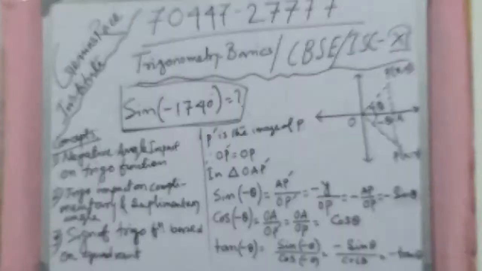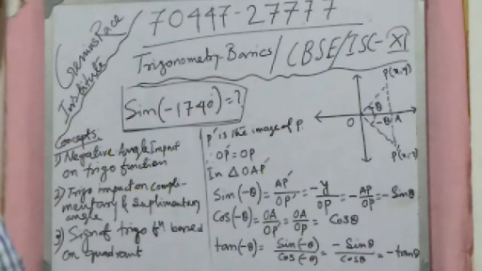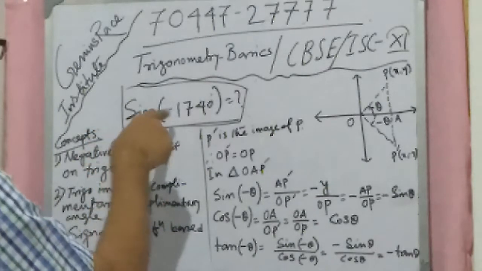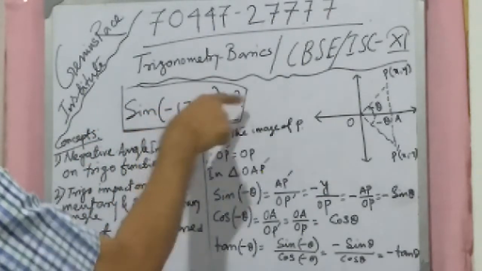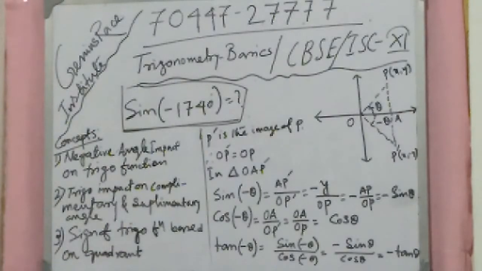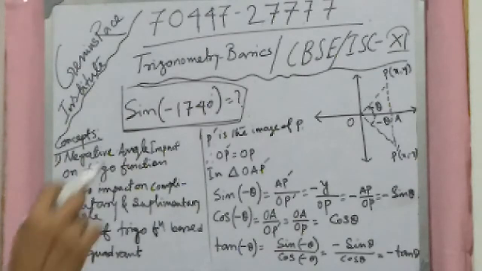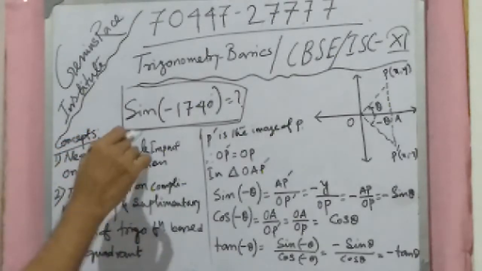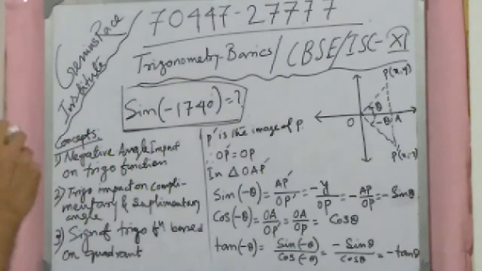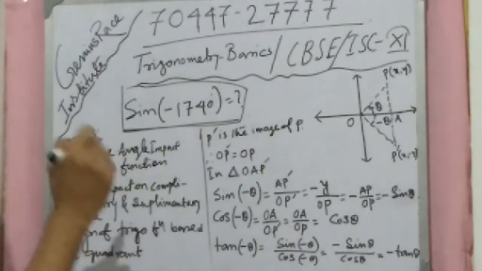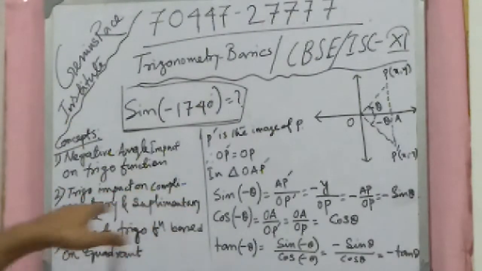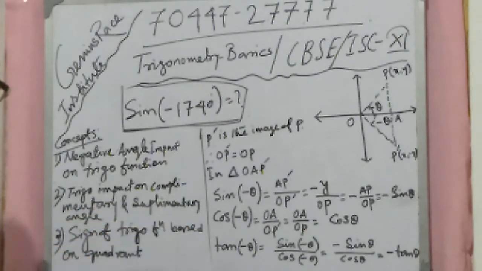Now here our objective is to solve this question: sine of minus 1740 degrees equals how much? Before we solve, let us introduce some concepts: the impact of a negative angle on trigonometric functions, the impact on complementary and supplementary angles, and the sign of trigonometric functions based on quadrant. Now the first concept we are explaining here,